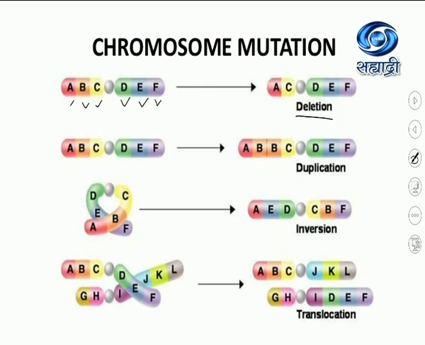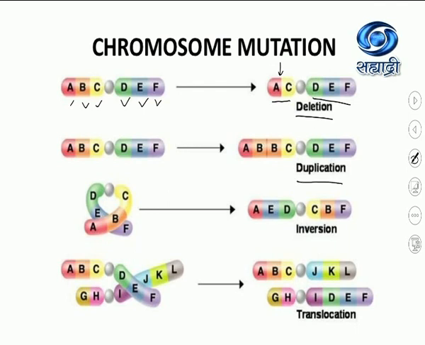These are linearly arranged genes. Suppose one of the genes gets deleted, removed. Mutation may occur due to any reason. And you can see here, B is not at all present. Now this newly formed chromosome after deletion is A, C, D, E, F. B got deleted. And what will happen to the phenotype? The phenotype will change. If the phenotype changes, it becomes mutated, isn't it? It is a different species, a different organism.